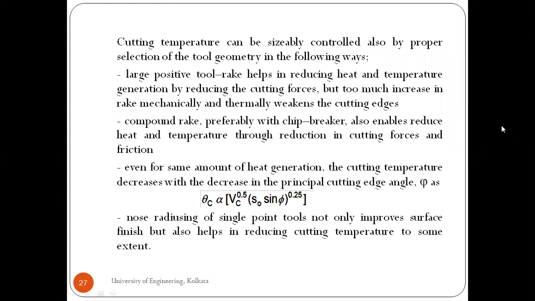So cutting temperature can be sizably controlled also by proper selection of the tool geometry in the following ways. Large positive tool rake helps in reducing the heat and temperature generation by reducing the cutting forces, but too much increase in the rake mechanically and thermally weakens the cutting edges. Right. So again, you know that